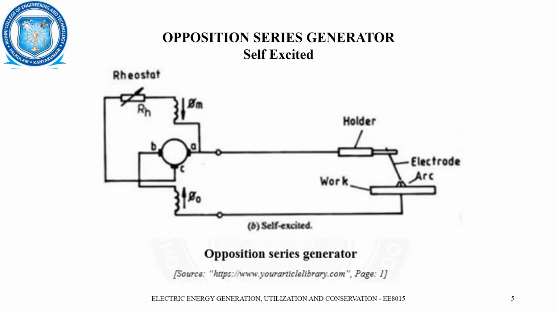Under load, the voltage between the brushes A and C remains practically constant and the self-excitation field winding connected across the two brushes produces a constant magnetic field phi m. When the arc is initiated, the welding current flows in the series field winding connected so that its magnetic flux phi naught opposes the phi m flux. The larger the current in the welding circuit, the stronger the bucking action of the series winding and